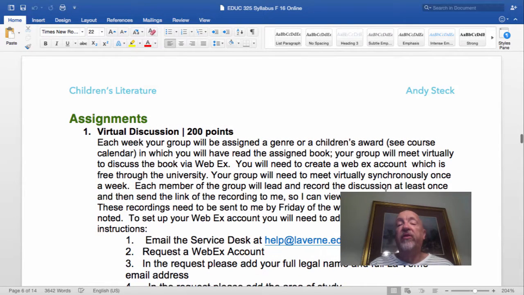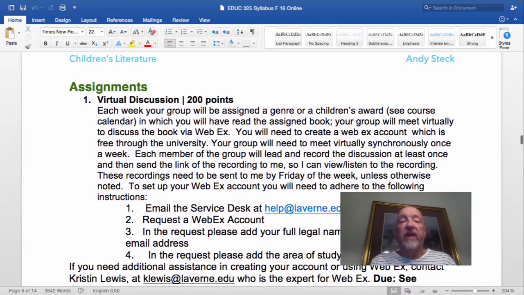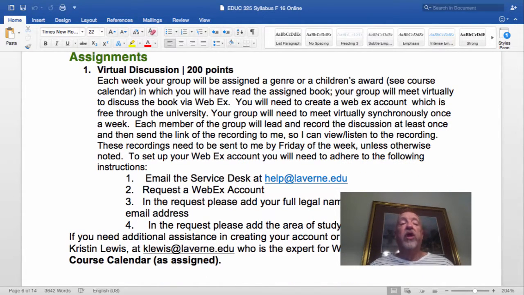This part is the assignment descriptions. I'm going to go through this quickly, but you'll see on the left side of Blackboard, in the menu, that the assignments go more in depth with some exemplars and some other descriptions. But to start off with, not every week, but 8 times this semester, you will have a virtual discussion